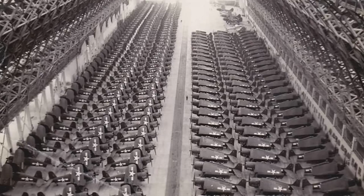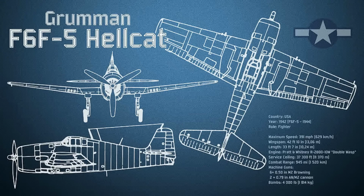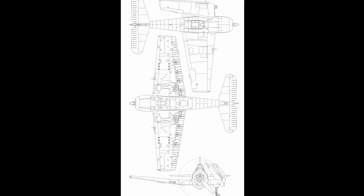There were only two production versions, the Dash 3 and the Dash 5, and so no time was wasted in churning out these litters of kitty cats. There even wasn't much changed when the Dash 5 was introduced. The power was bumped up by another 200 horsepower, with the